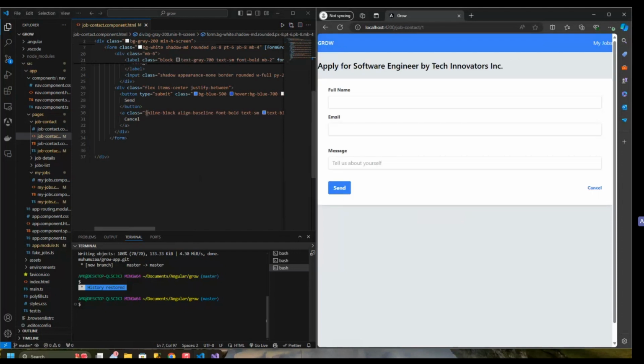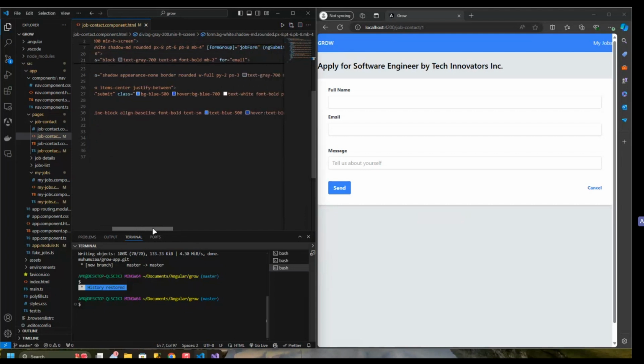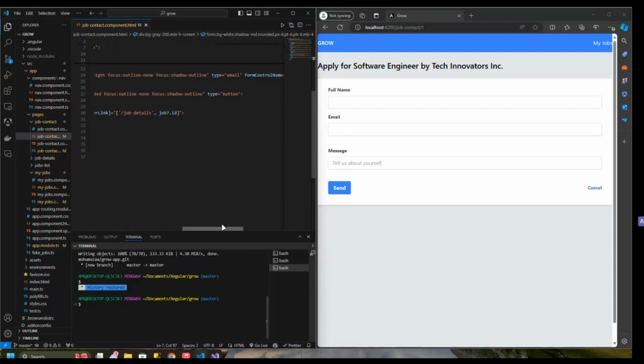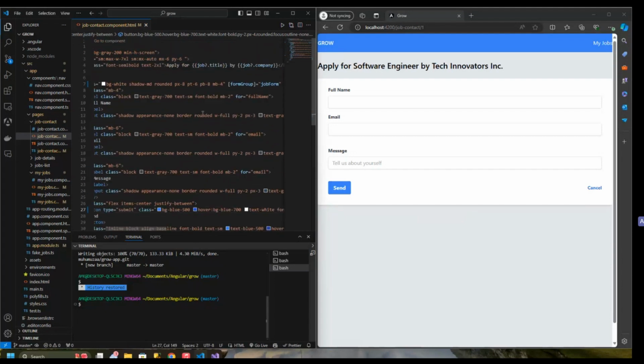This button here is the issue. That button has type submit, but here it has type button. So this shouldn't be the case. It should be type submit, so that the submit